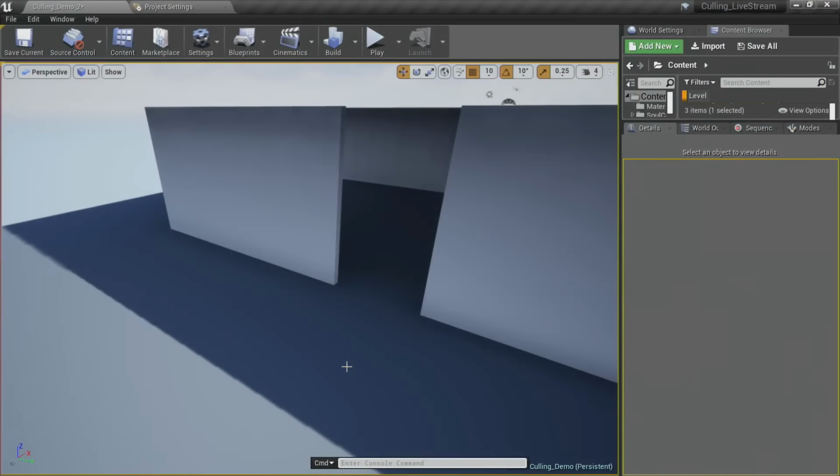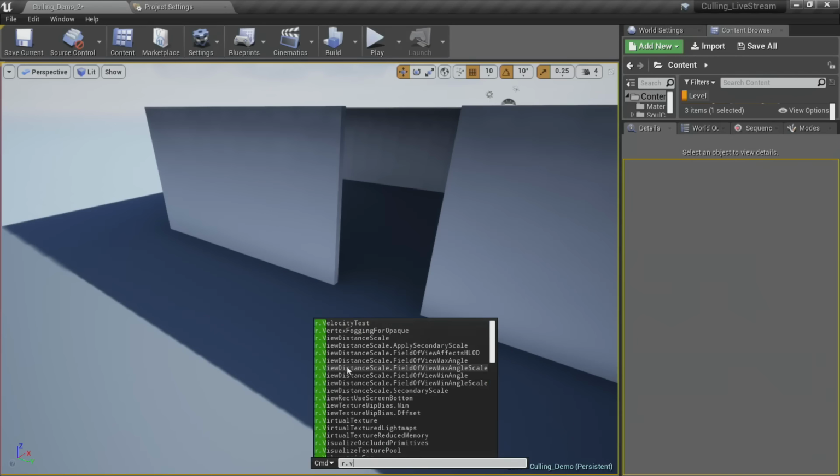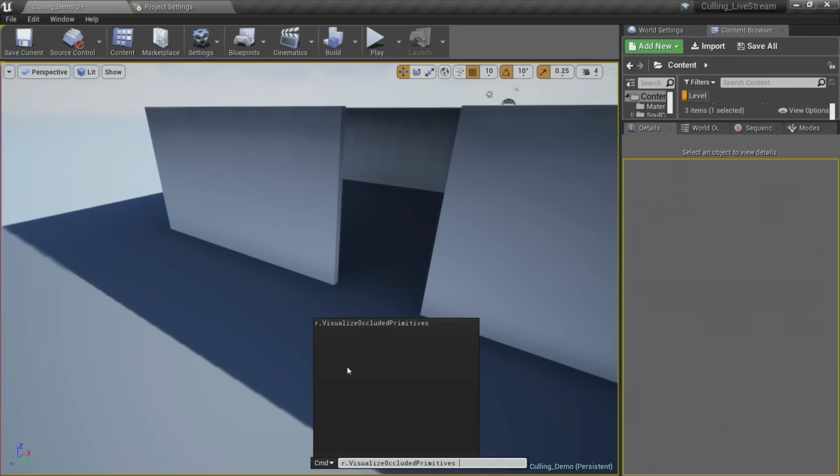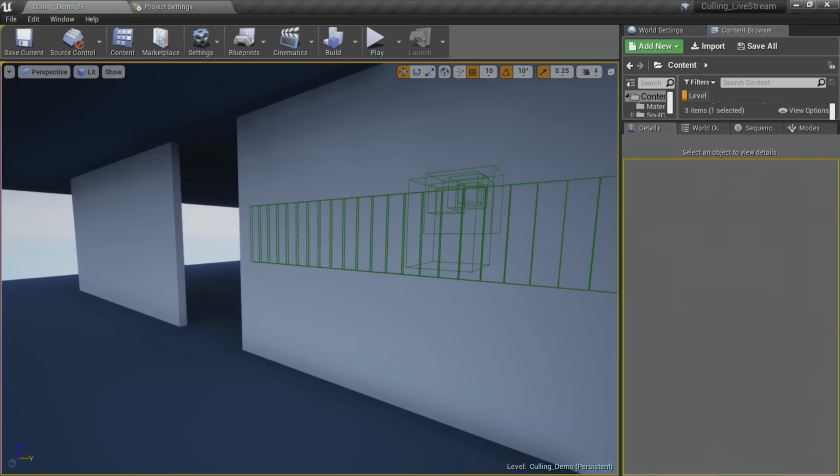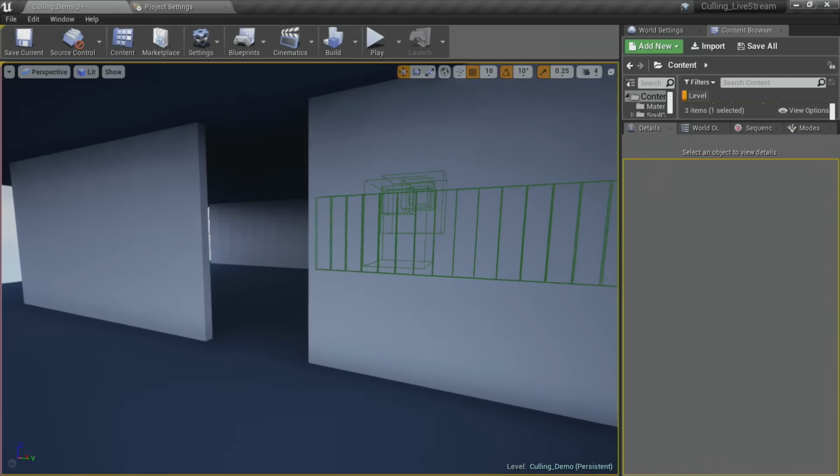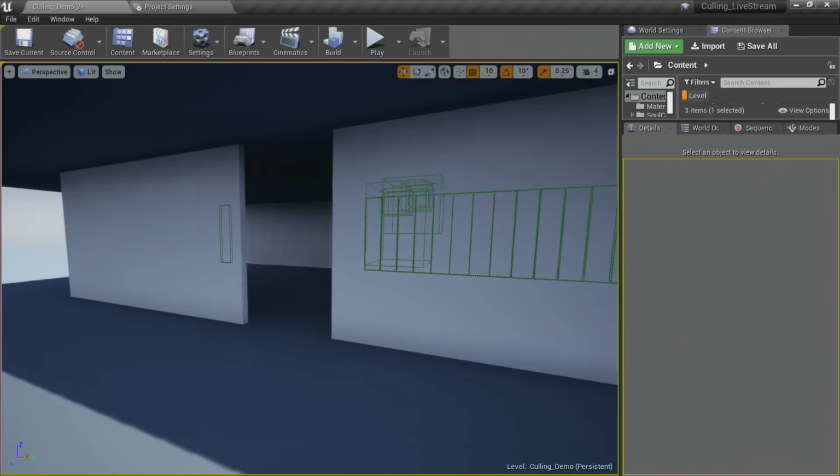Another one I didn't actually show is visualize occluded primitives. Let me pull the editor back up real quick. This one can get very messy, but it's useful if you hide parts of your scene or you're just trying to debug part of it. What I'm seeing here is the bounding box that's being used to occlude.